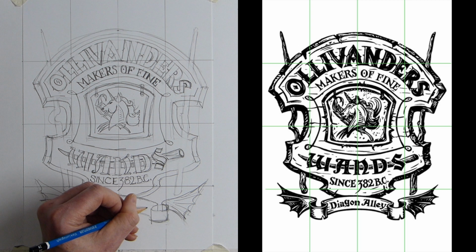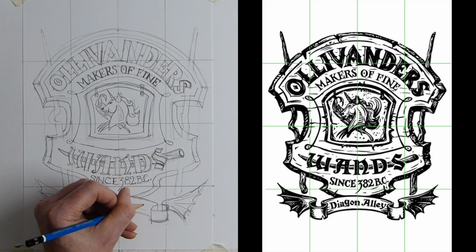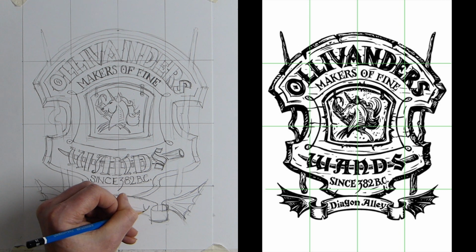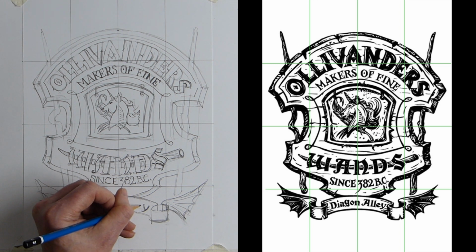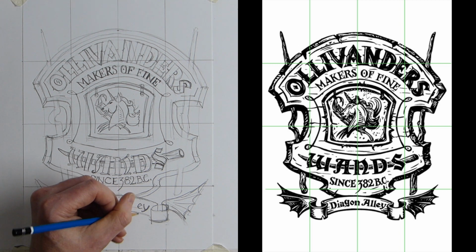Now on this side I'm going to start with the Y. So down to the line I'm just going to do a V, but extend that Y down underneath. Then you've got a little E straight up on that side, and then it curves around, and then we've got